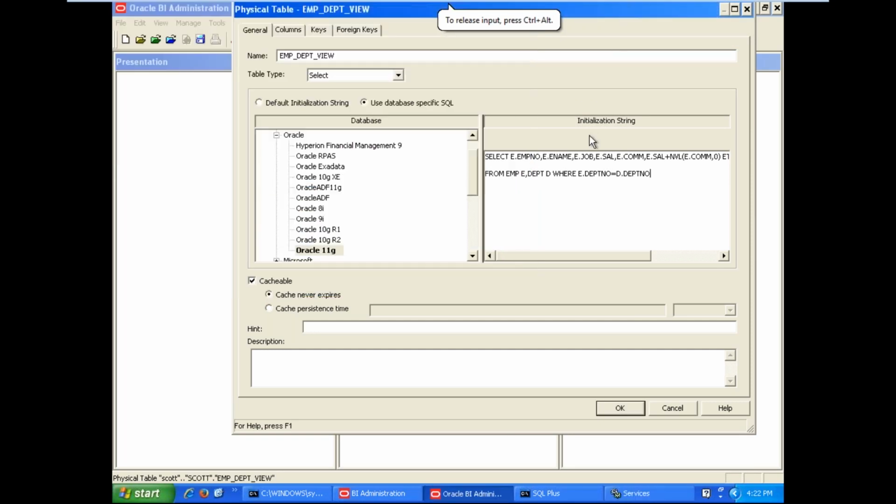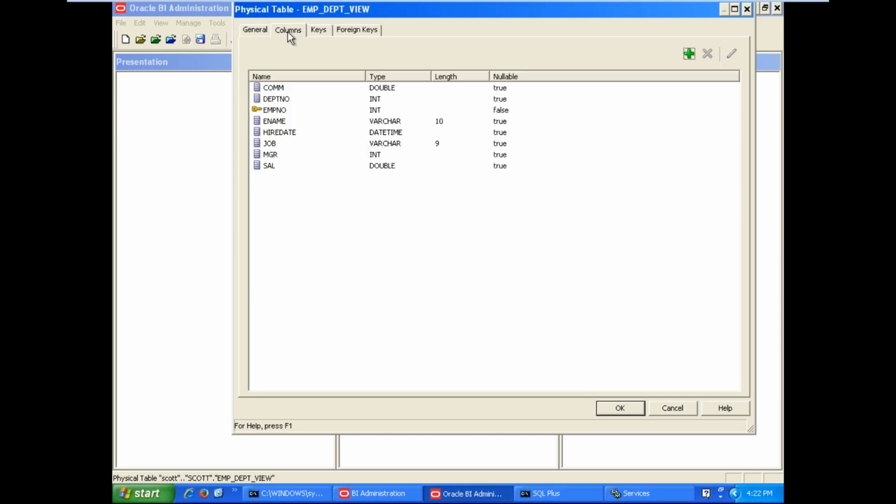Okay, here you can write the select query like this. Next, what we need to do here, what are the outcomes of this view? Employee number, E name, job, sal, commission, ET cell, department number, D name, and LOC. These are the outcomes of this select query.